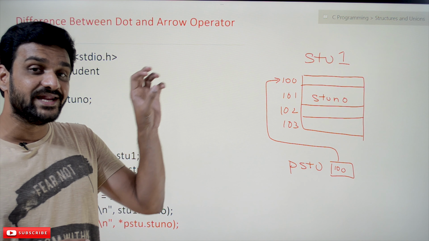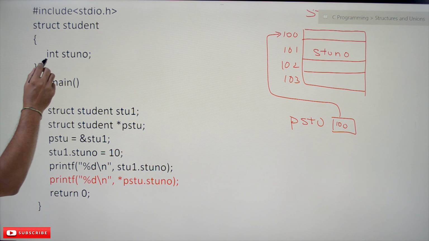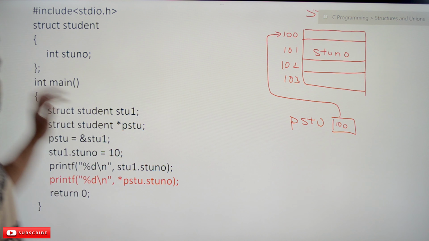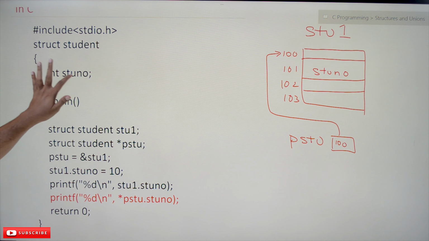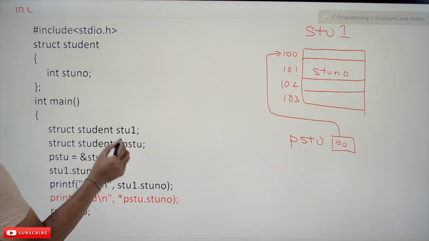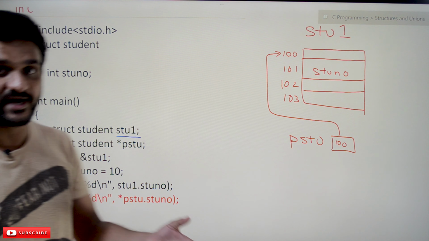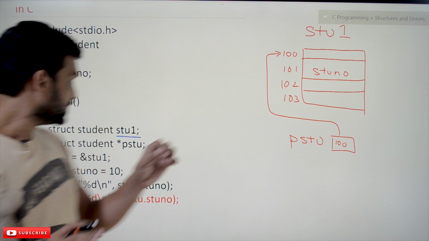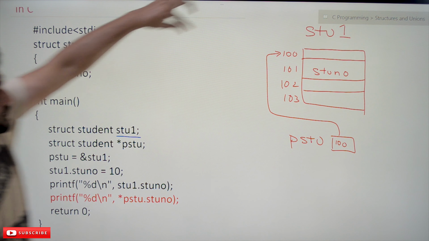Here we have declared a structure called student, and variables are not given, and it has only one member. So this is the student structure with one member, stu number. 4 bytes get allocated for one integer. So 4 memory locations are allocated for stu1. The variable for student has been declared, which is stu1. Whenever the variable is defined, only then will the memory get created. So stu1's memory has been created, and these are the 4 bytes that are allocated for stu1.